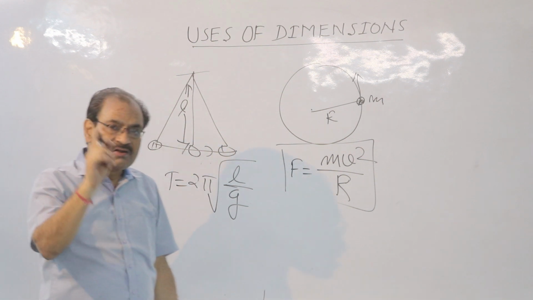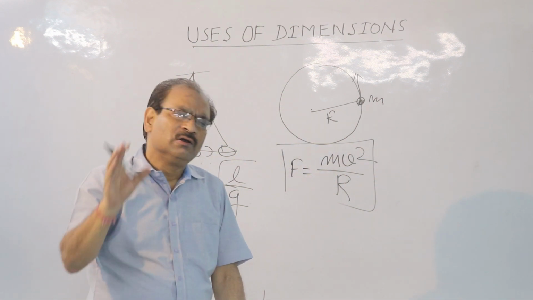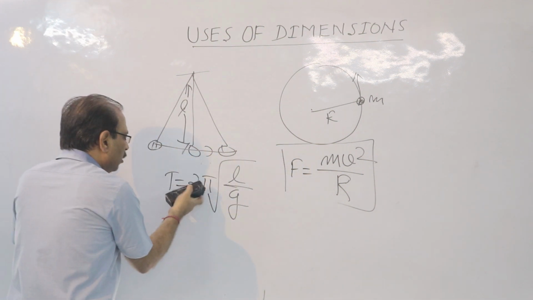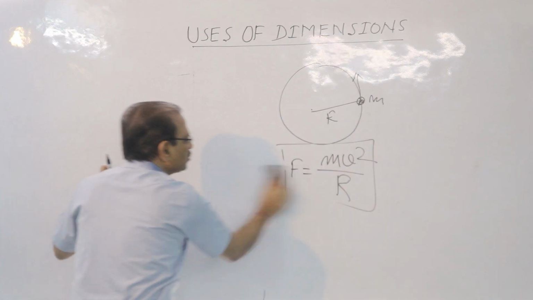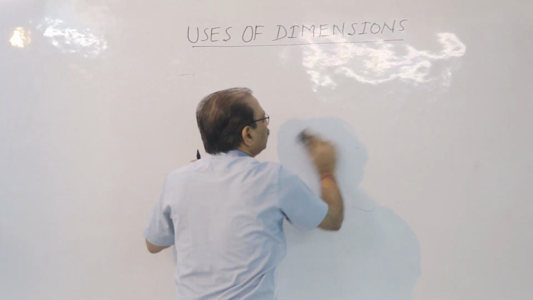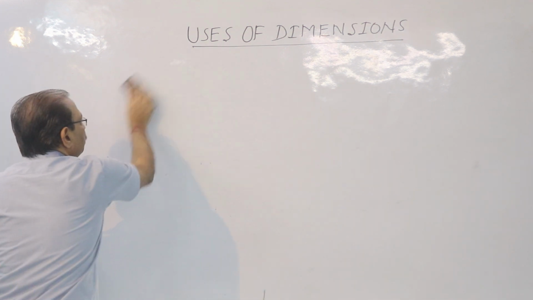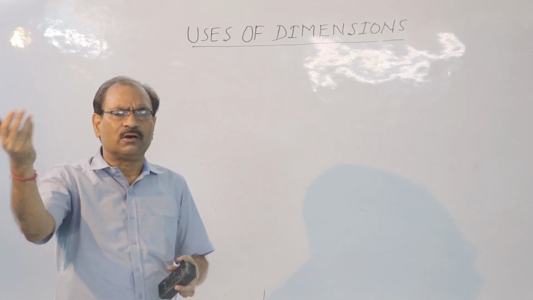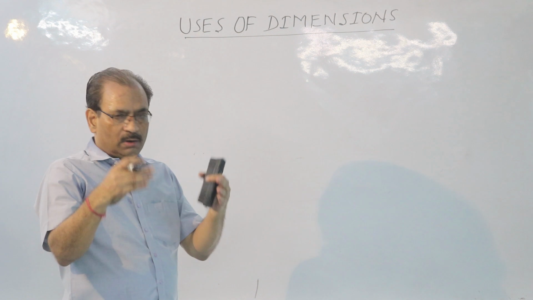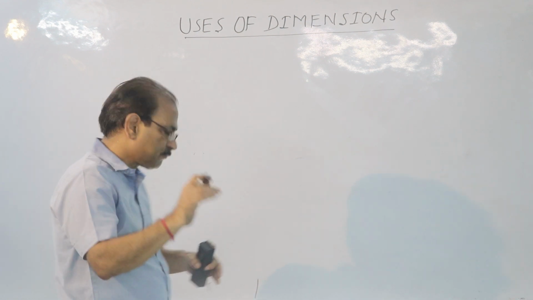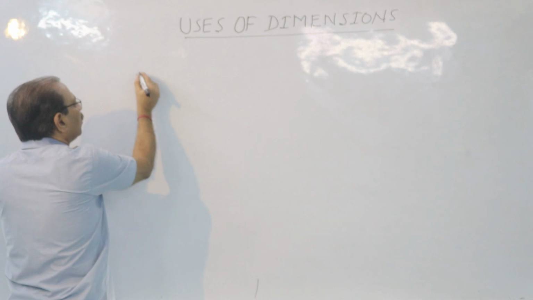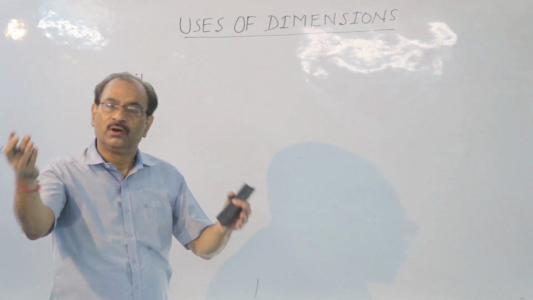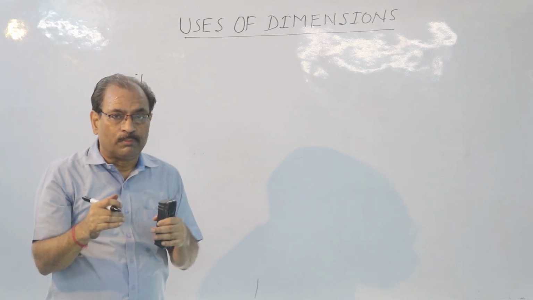Children, let us come to the second use of dimensions. Suppose we forget these two formulae, we do not know these formulae at all. Now, how to use the dimensions to deduce, to find out these results? So, the first step, as far as this use is concerned, is: we must know a physical quantity depends upon how many quantities. It will be given to us in the problem.